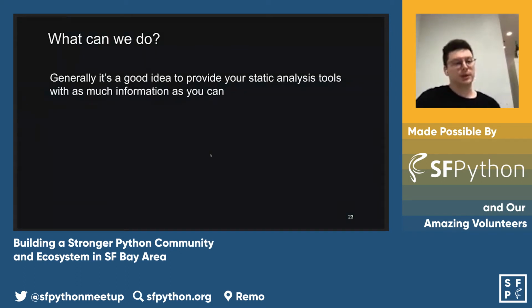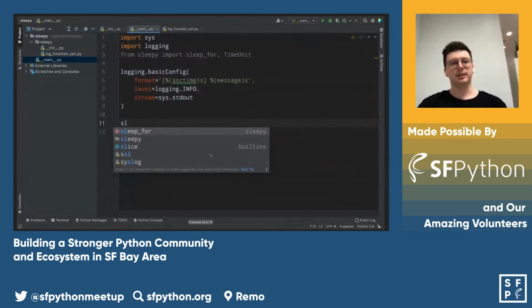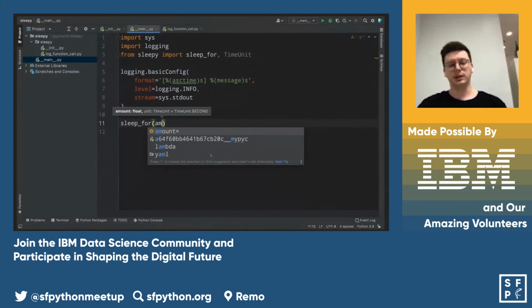But what can we do with this? Particularly in this case, generally it's a good idea to provide your IDE and the static analysis tools with as much information as you can. And in this particular case, you could add additional type hints that would tell our IDE that the decorator returns the same type as it accepts. And at least for my PyCharm version, this does not fix the issue with signature, but we can see that